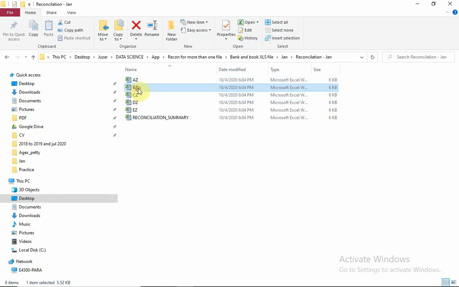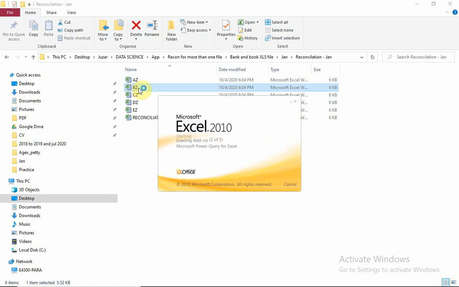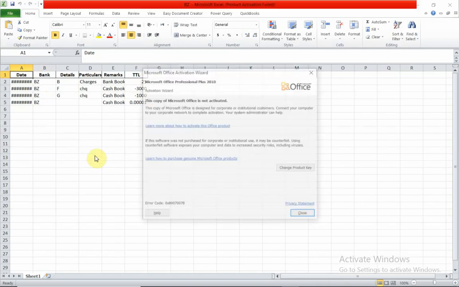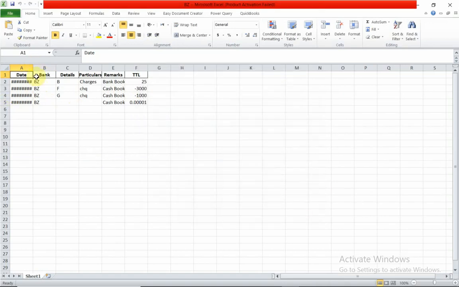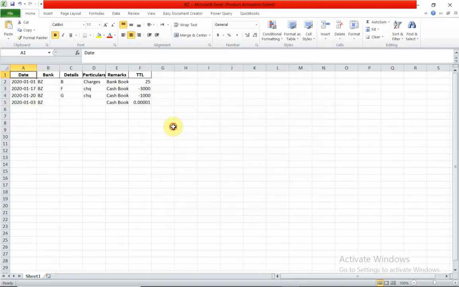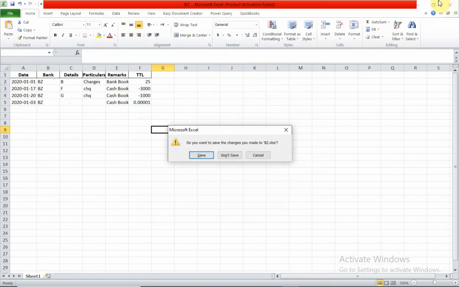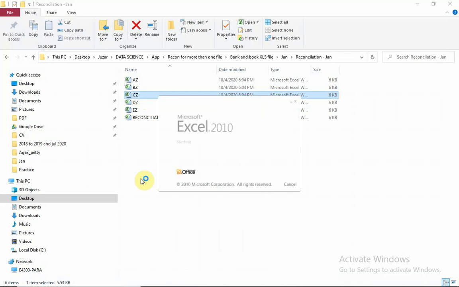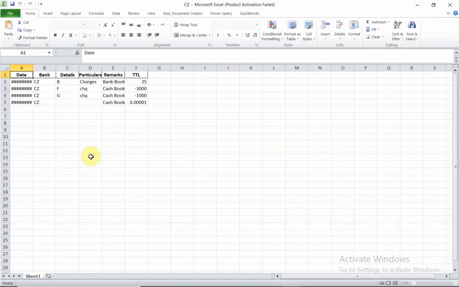If you select another bank, in this bank you see the details are different than the bank before which was selected. But what I have done is I have taken the same unreconciled items for another bank. But the main thing is it is working.